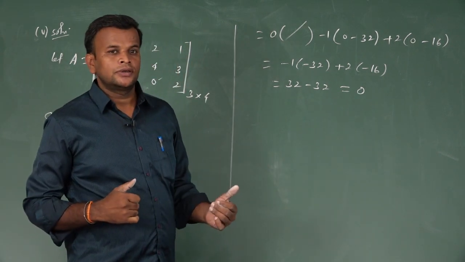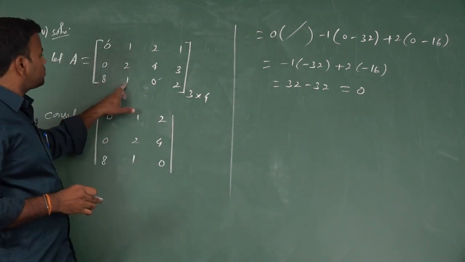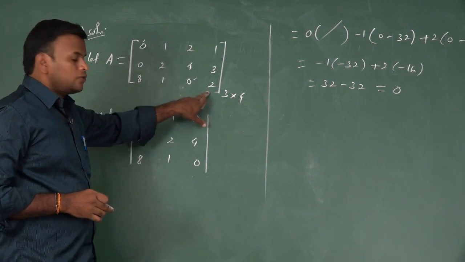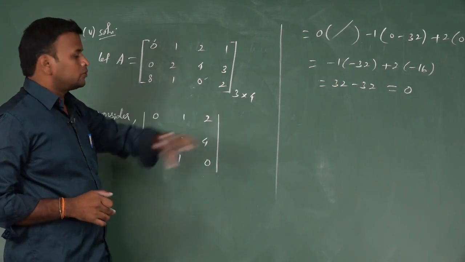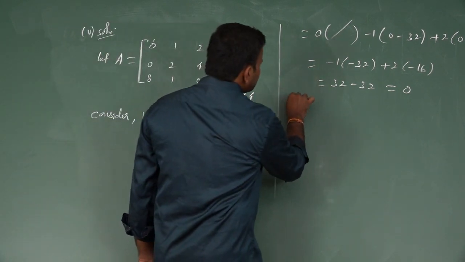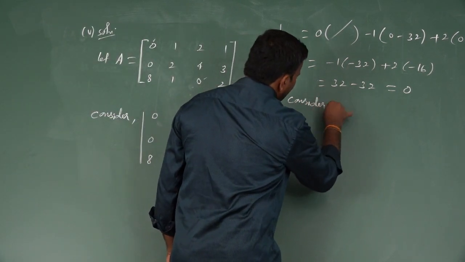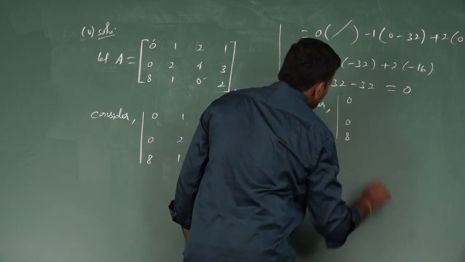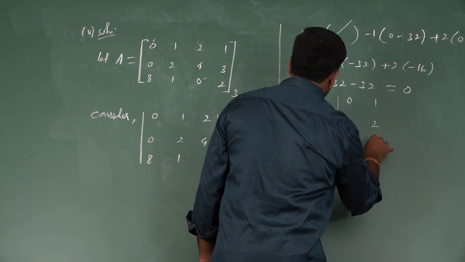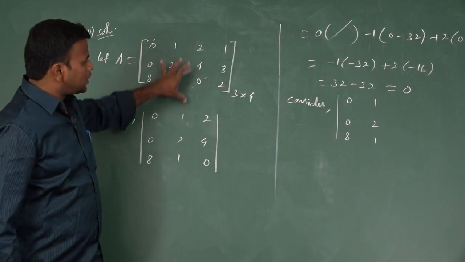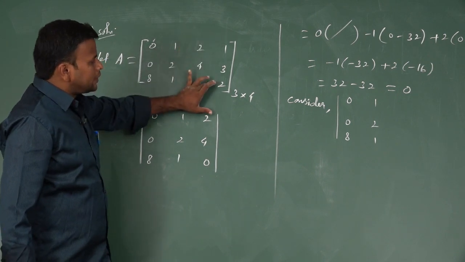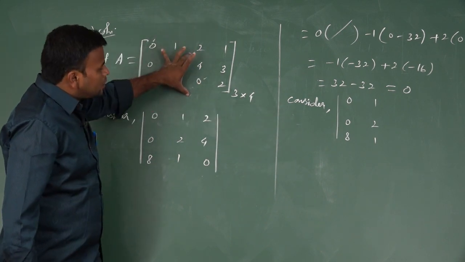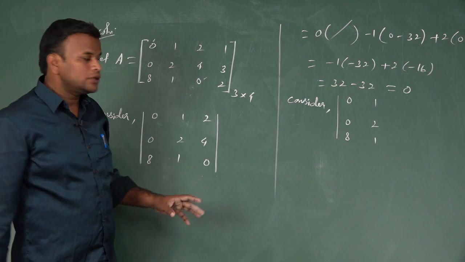We don't come to the conclusion yet. I will take columns 1, 2, 3. Next, you try either 2, 3, 4 or 1, 2, 4, it is your choice. I consider one more. Again, first row, second row, I leave the third column and I enter the fourth column. I will take first column, second column, I leave the third column and I enter the fourth column. 1, 3, 2.